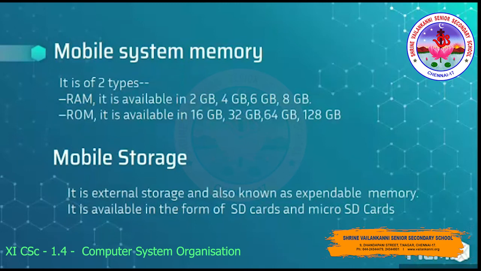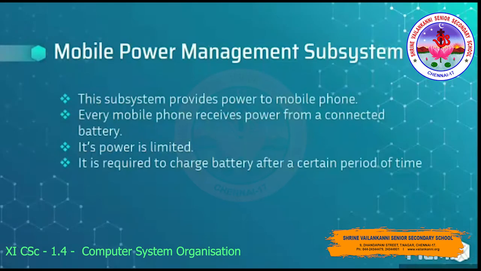To an extent, even the cloud storage can also be categorized as external storage. Power management system. The power management system is a subsystem responsible for providing power to a mobile system. The mobile system works on limited power provided through an attached battery unit. This subsystem has a battery management system that works with a battery charger and a battery unit and provides power to the mobile system in required form.